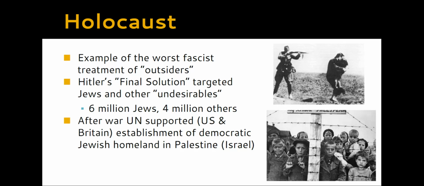When I say others, I mean this could be people who are of other ethnic minorities like the Roma Gypsies. This could be people who were homosexual or those who had mental disabilities or physical disabilities. They are going after those kinds of people because they're not seen as like the perfect German.